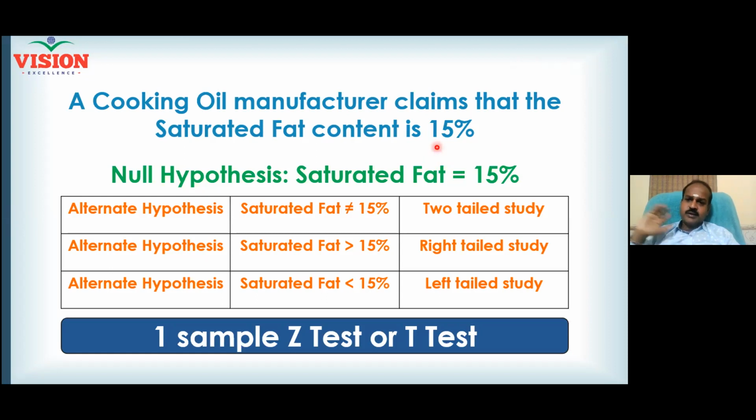Right. And now, if my data is not continuous, if it is discrete, I will go for proportion. Because if data is discrete, I can't calculate average. For example, how many students are male and how many students are female? Can you tell me what is the proportion of male students in your MBA department? 80% or 50%? Is it 50-50 or 60-40? 80% boys, 20% girls. Am I right?